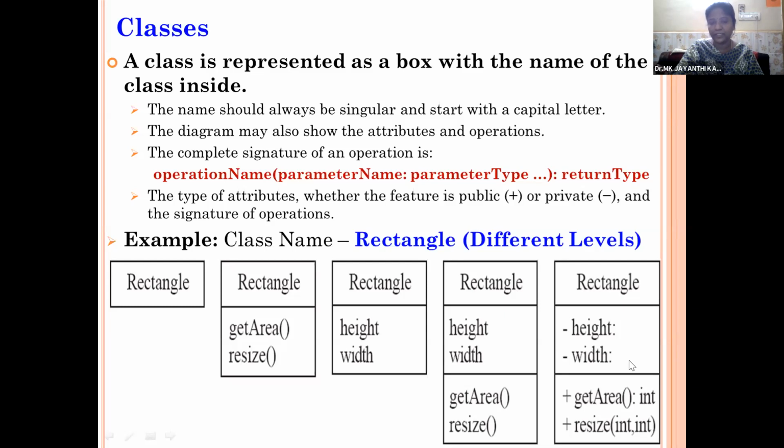So the class will be represented within a rectangle symbol. The first division in the rectangle takes the name of the class. The second division we are allotting for attributes. Here the class has only two functions, no attributes. Here this class has only attributes, no functions. If it does not have functions or attributes, there is no need to specify the division. Here it has attributes as well as functions, so here we are specifying the complete class. The variables are private variables, minus represents private, and the functions are public functions, plus represents public. In this way we need to represent any class.